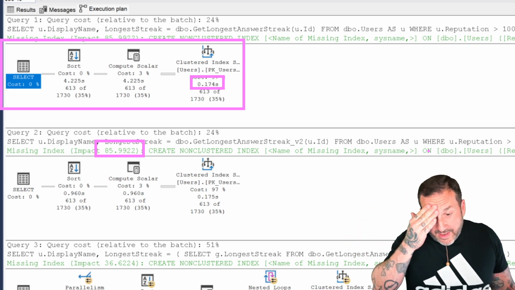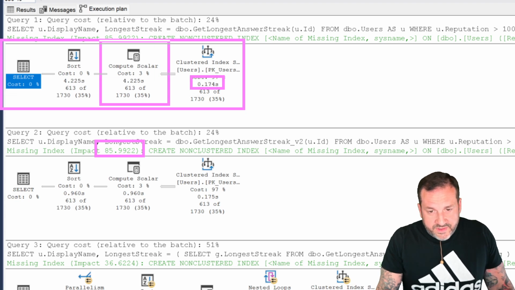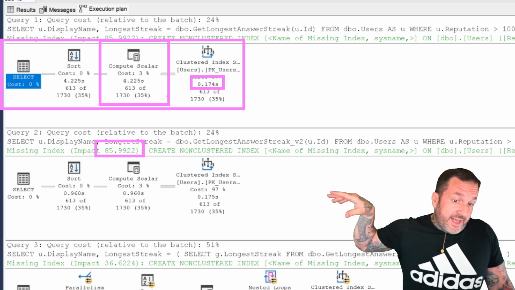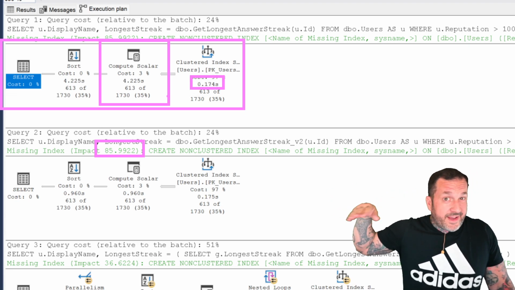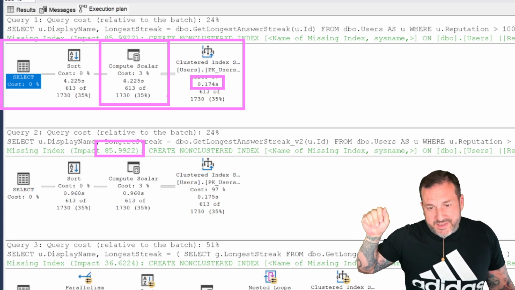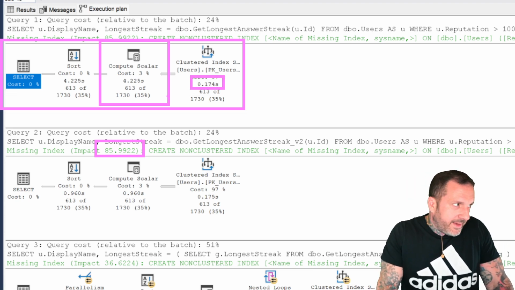The thing is that index is on the users table. The users table has absolutely nothing to do with this compute scalar. The compute scalar, if we subtract the 174 milliseconds from here, just runs for about 4 seconds even, right? Close enough. There might be like a 50 millisecond difference or so. So obviously, like,